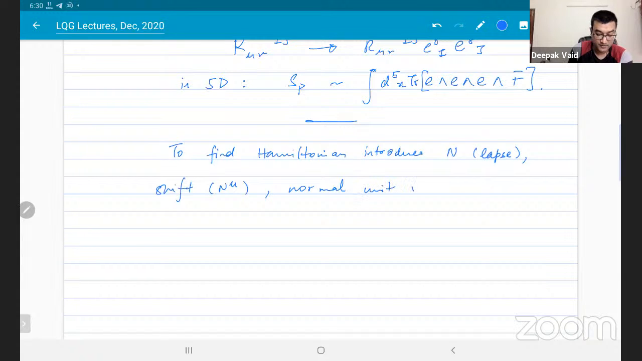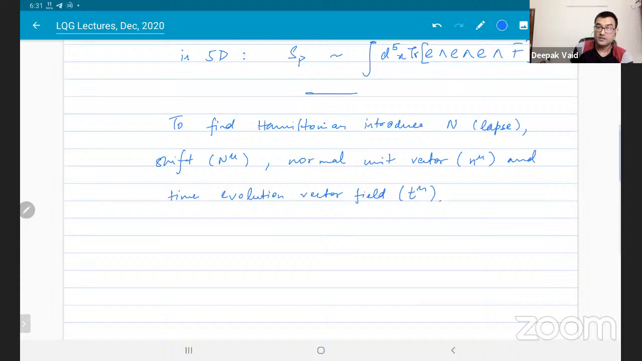Normal unit vector and time evolution vector field. Okay. So now what one would do is you have to make a splitting of the tetrad, and for the splitting